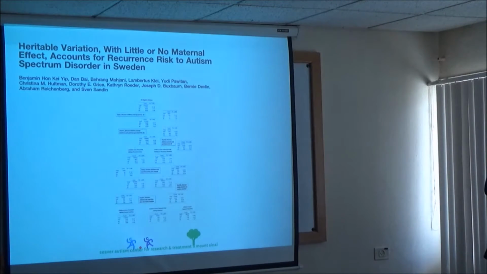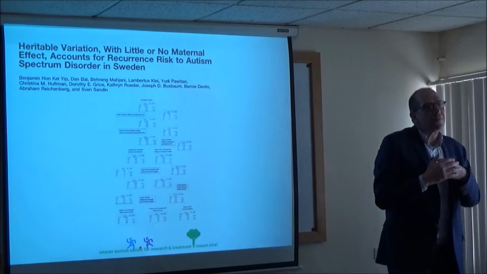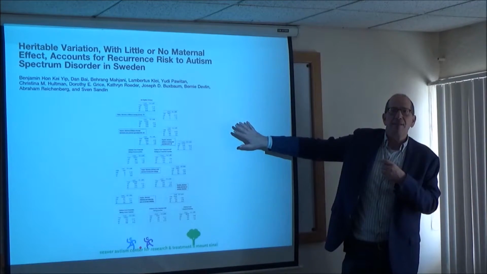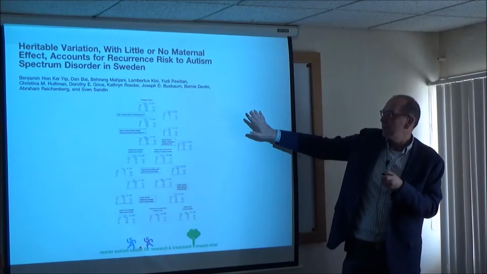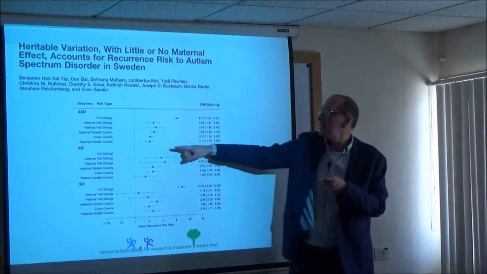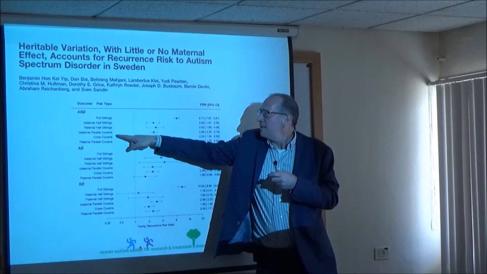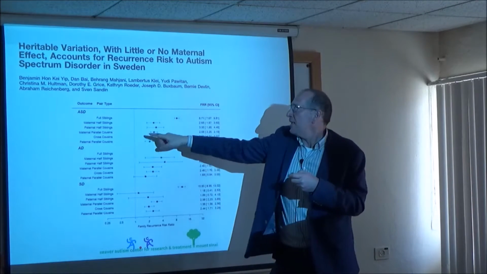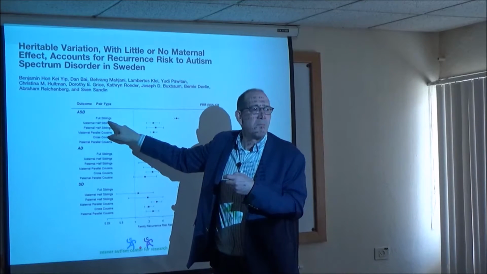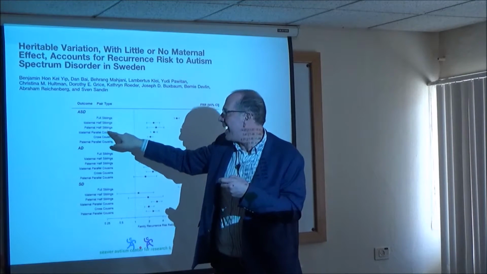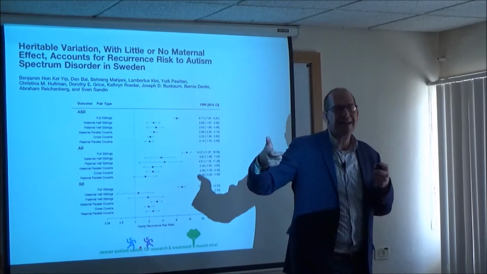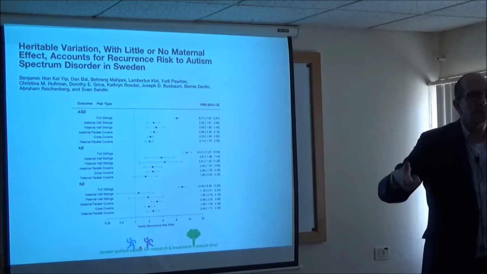There are lots of them. And the data for support of them is not the strongest, but there's a direct way of measuring whether maternal effects are a major part of the spectrum. Basically, you take advantage of the fact that there are different kinds of half-siblings and different kinds of cousins. If maternal half-siblings are more alike than paternal half-siblings, or vice versa, that's evidence of a maternal or a paternal effect.